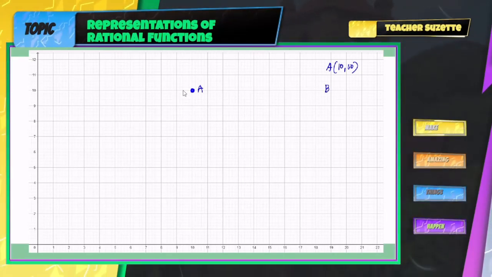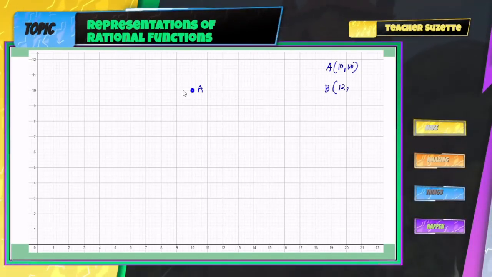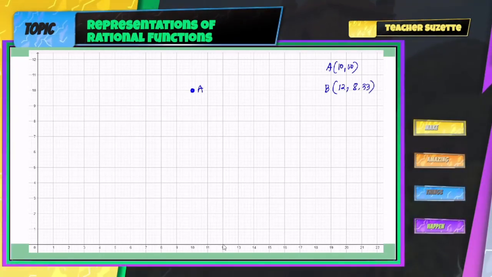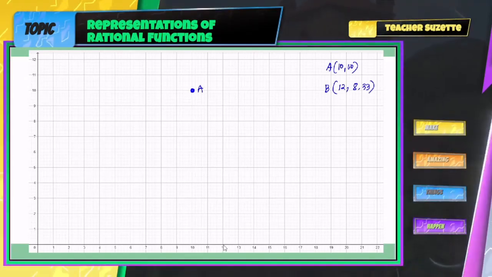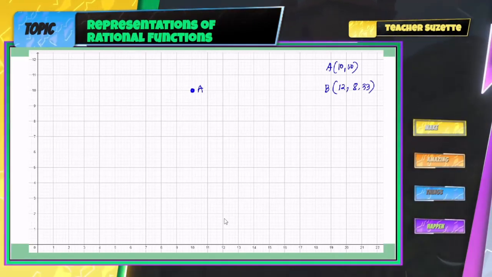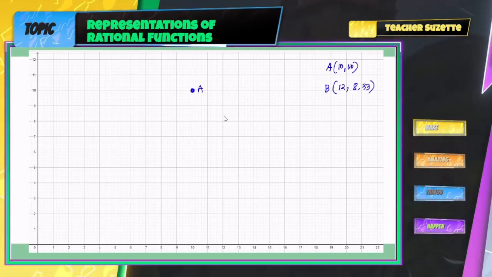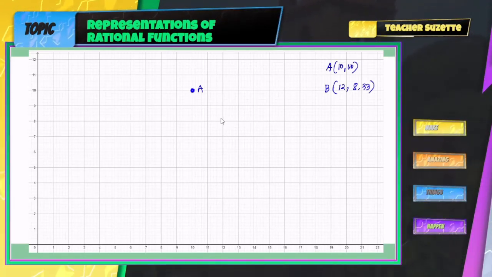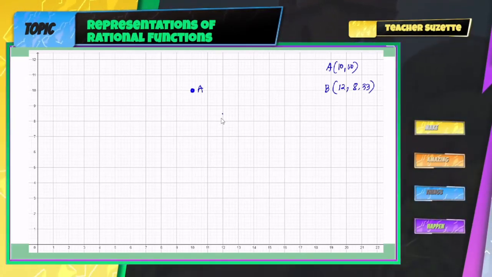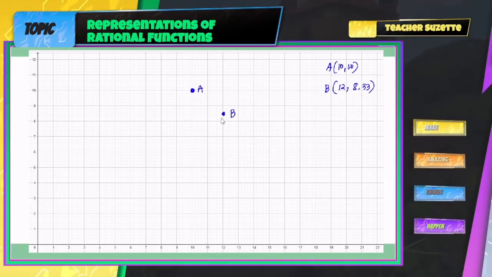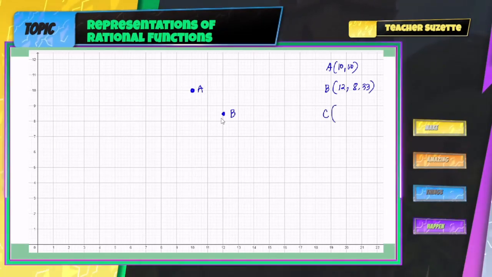Next, our point B is 12, 8.33. So, let's go to 12. Here, we have 12. Then, that is going to 8.33, between 8 and 9. So, let's say here is our point B. So, our point B will be at 12, 8.33. Next, let's have point C, which is 14,